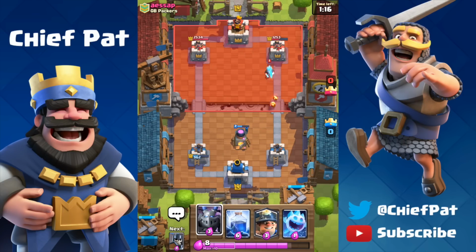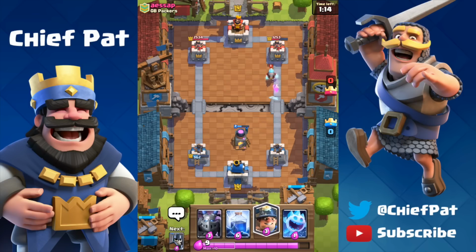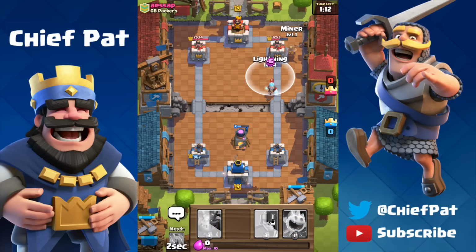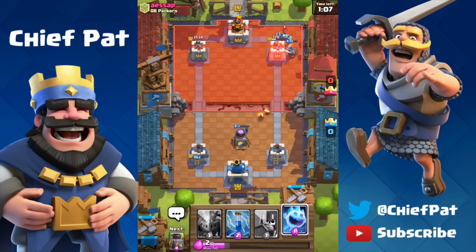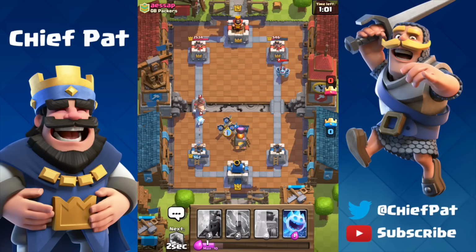So Ice Wizard's going down, not too worried about that at all. It will stop my Fire Spirits for now, but eventually we will be able to take him out. I'm going to do the Lightning Spell just as soon as possible, or at the last possible second to take care of the Ice Wizard. Miner's going to get a couple of hits. Fire Spirit should jump into the Mega Minion as well as the tower,